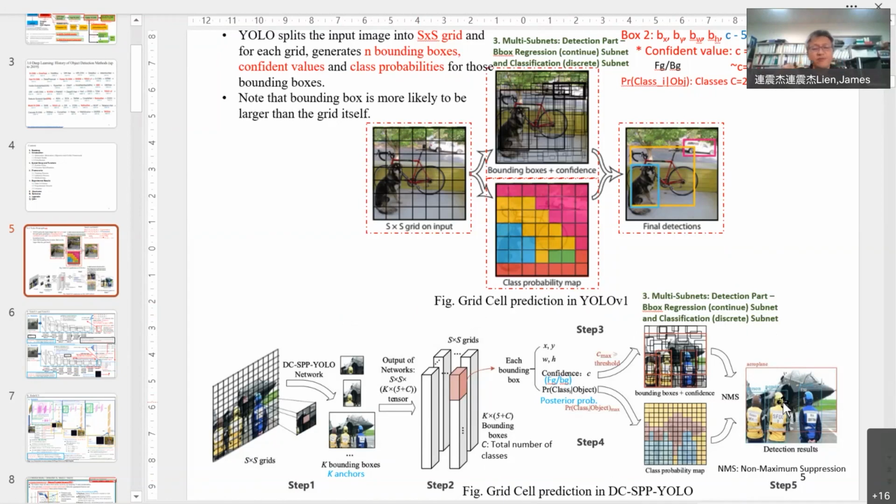And faster RCNN is 2 stage, so its accuracy is higher. And RetinaNet is 1 stage. So actually, YOLO was originally compared with the faster RCNN, but RetinaNet is better than faster RCNN, though more complicated. But both are 1 stage. So YOLO is compared with RetinaNet, and all are 1 stage. 1 stage meaning they have an anchor. So we'll keep talking about the anchor.